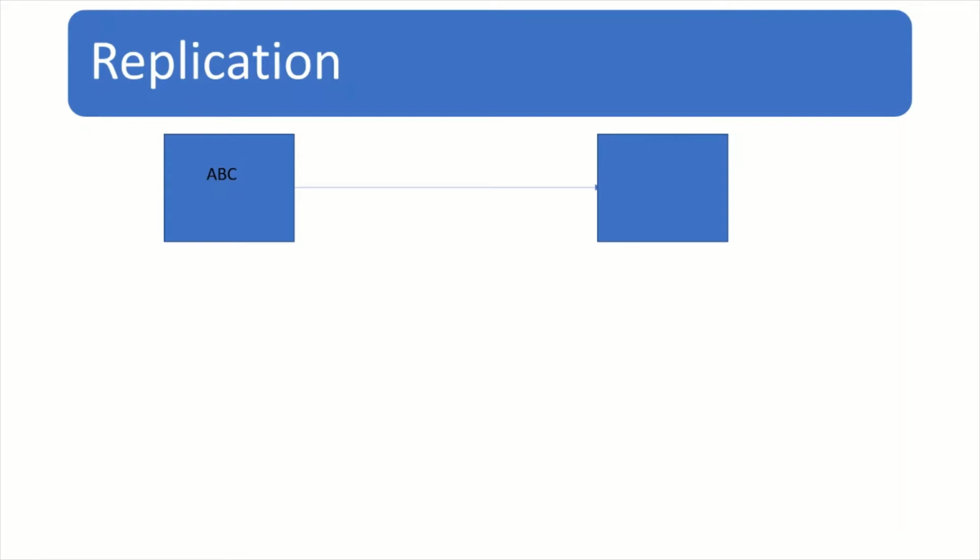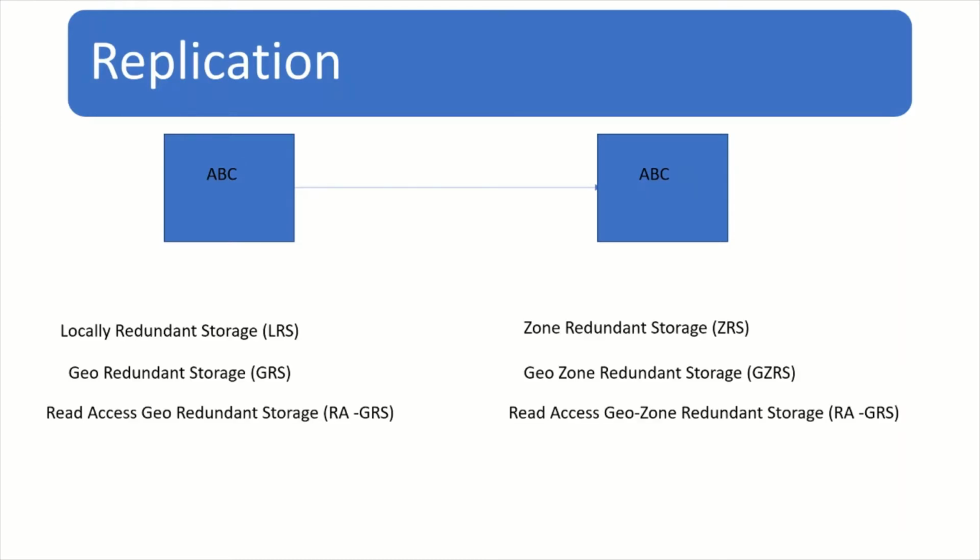Replication is an important feature that helps in case of planned and unplanned events like transient hardware failure, natural disaster, or connectivity issue to one of the zones. In Azure, we can replicate the data in the same data center or across data centers, or within the same region or across regions. There are different types of replication in Azure. The first one is locally redundant storage. With locally redundant storage, or LRS, we can replicate the data within the same data center. So if one node fails, the data is still available.